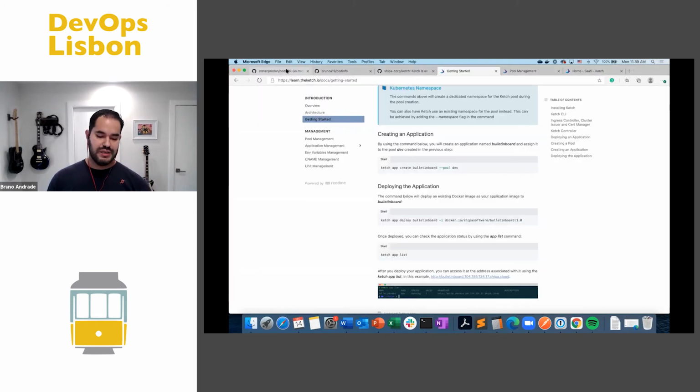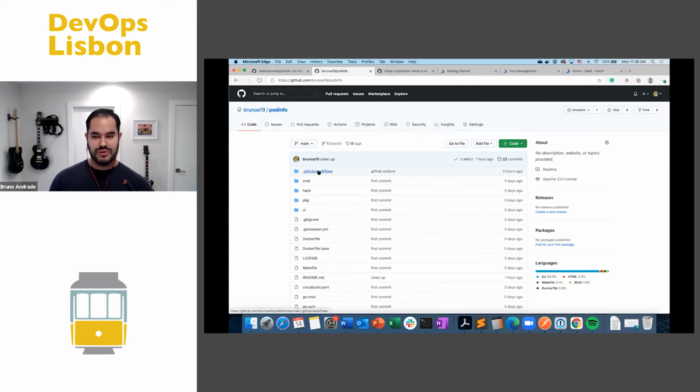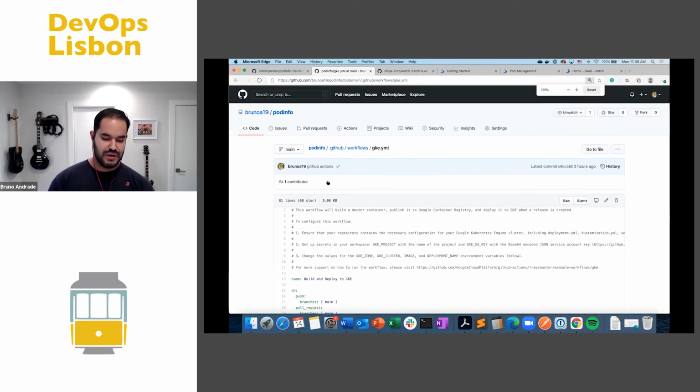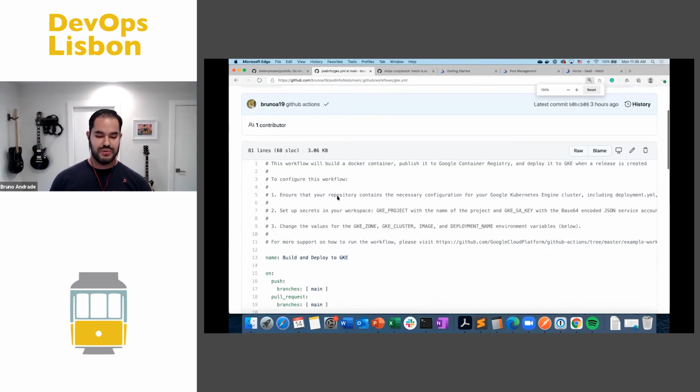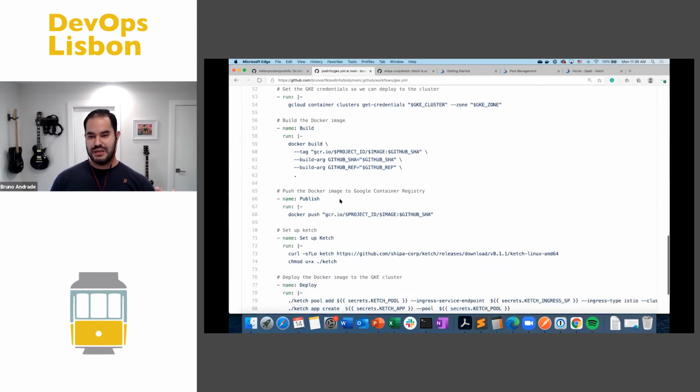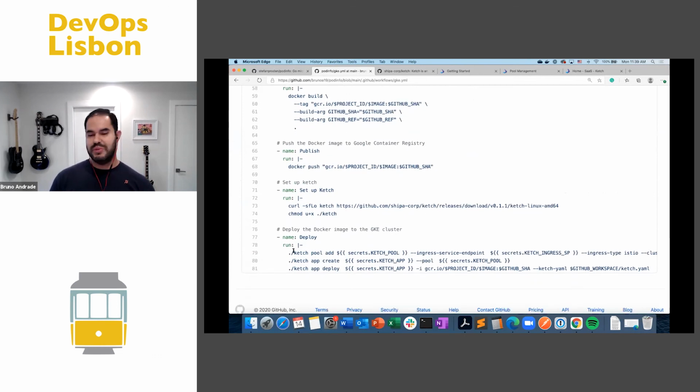The other part on Ketch is that we made it to be integrated into your CI pipeline and workflow. So here in this example, I have it integrated with Git Actions, where Git builds my code, builds my image, stores my image inside Google Container Registry, and at the end of the day, creates a pool and deploys the application. And if you look at my code, I don't have any Kubernetes objects in terms of deployment sets, YAML files for Kubernetes with ingress rules and everything else. I basically have this integrated into my CI pipeline, and I can deploy.